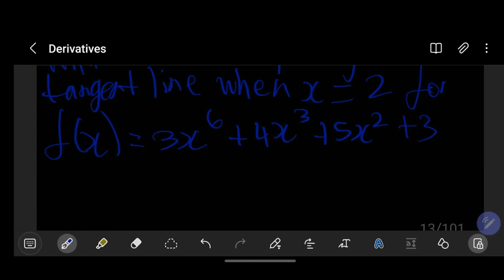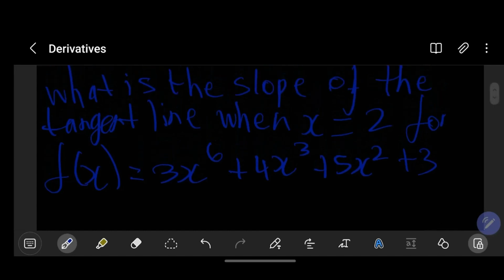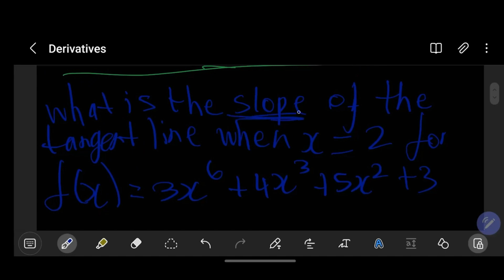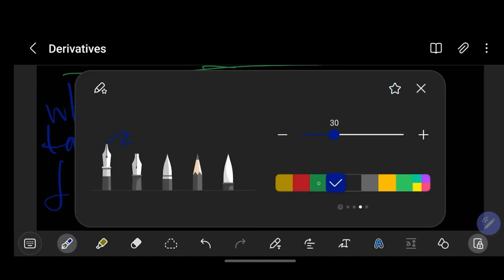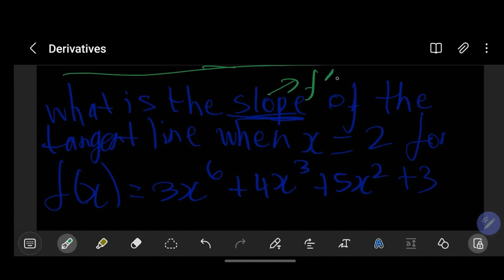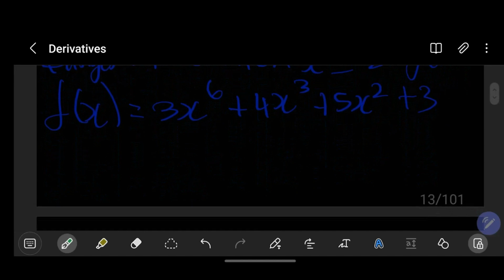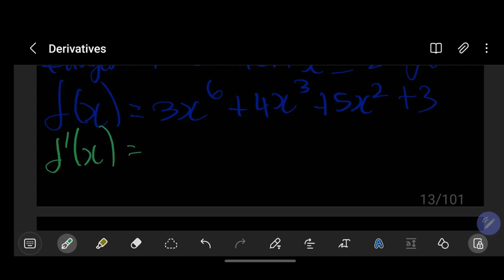So what do you think we need to do, right? We first need to find the slope. In order for us to find the slope, we need to find the derivative. So we need to find f prime of x. When we have f prime of x, then we need to find f prime of 2, because that's what they want to find. They want us to find that when x is equal to 2. So first, let's find f prime of x. So f prime of x is then equal to,